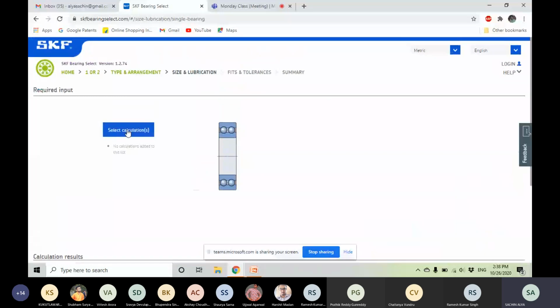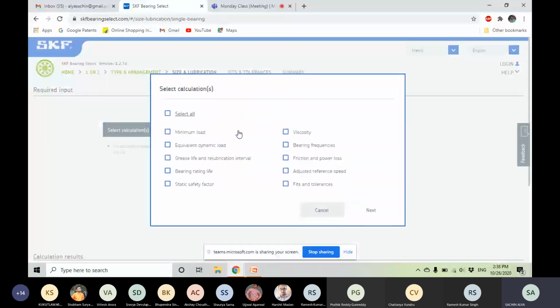So we'll click on select calculation. There are several calculation factors which we can calculate from this tool, like minimum load requirement for the bearing operation, equivalent dynamic load, then grease life and re-lubrication interval, bearing rating life, static safety factor, viscosity, bearing frequency, friction and power loss, and adjusted reference speed, fits and tolerances.